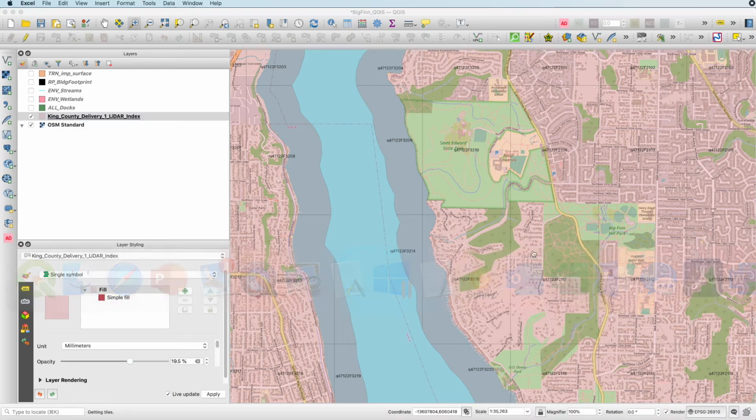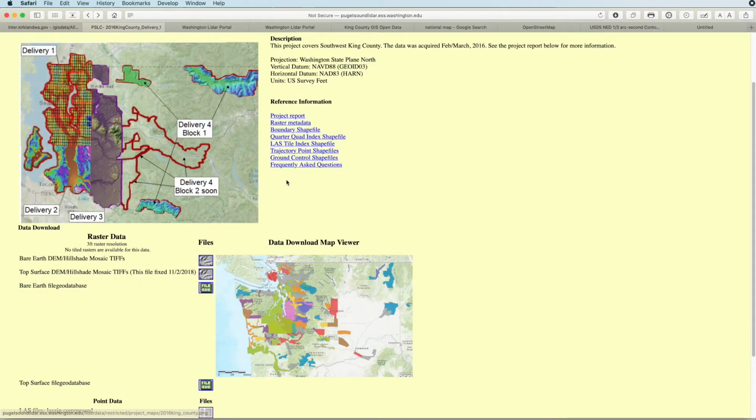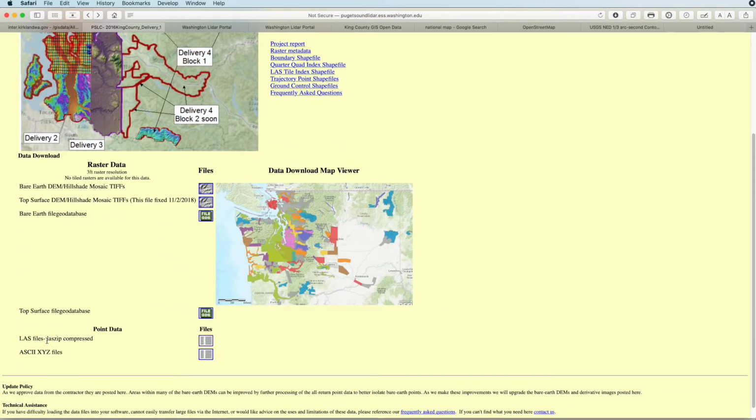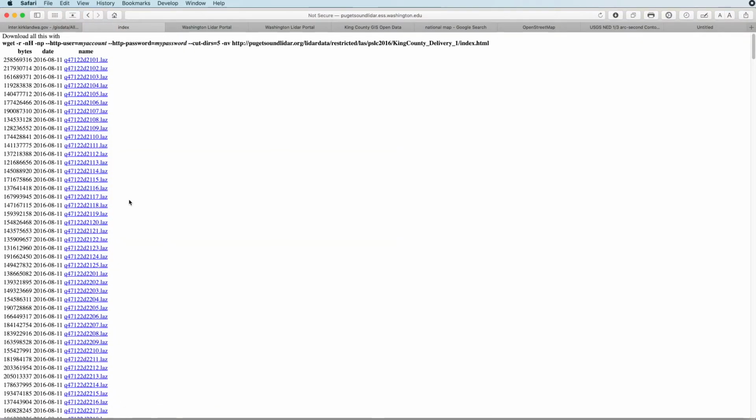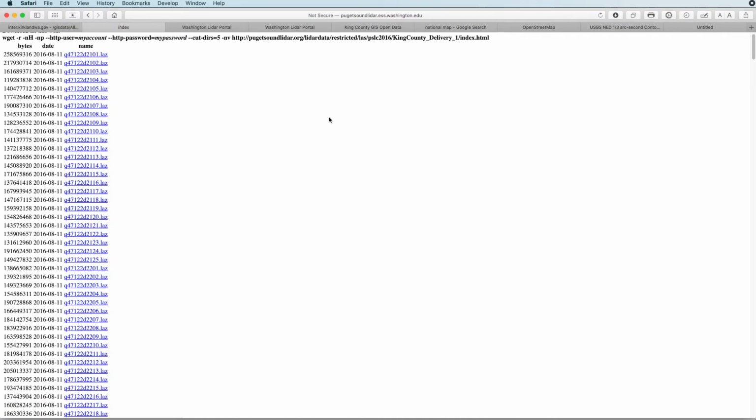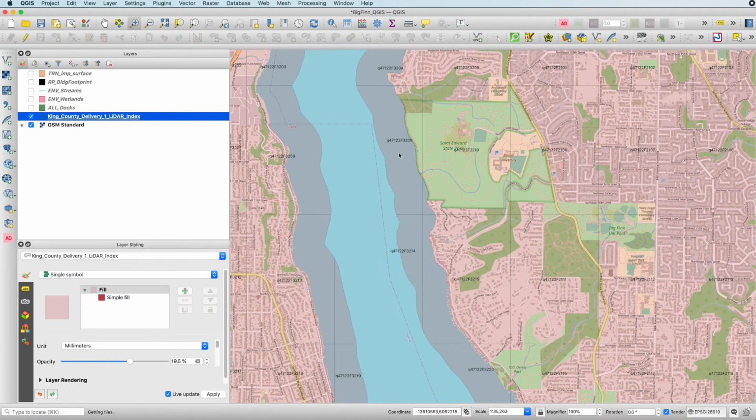I'm going to take that information and go back to my LiDAR file set, and do a search for each of those file sets that I decided to download. And it's going to be a .laz file, and I'm going to download each one that I need one by one. So if I needed 122 F3209,